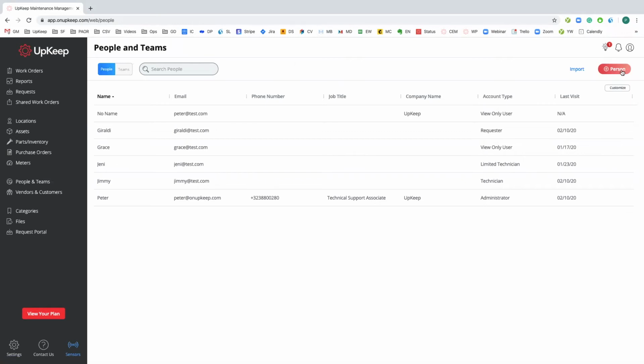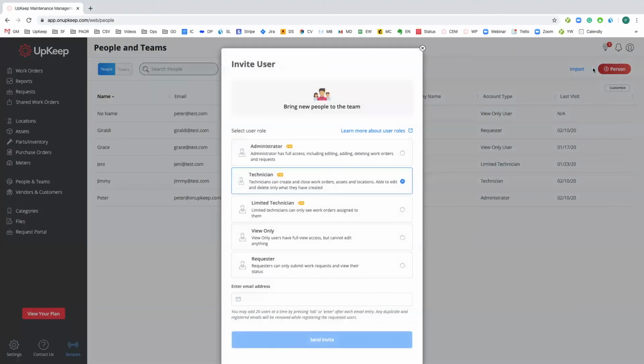If you're coming from a different software and you have hundreds and even more users, we also have an import function. I go over this more in our data importing webinar, but that's just there for you, so you don't have to enter these manually one by one. But let's just add one as an example. So say I wanted to add a view only user. I can just type in